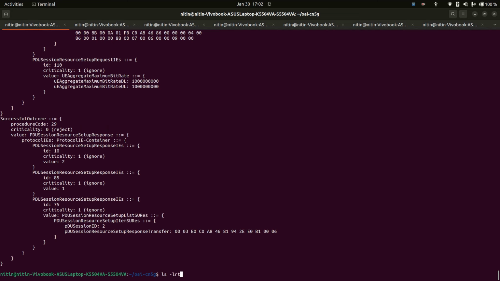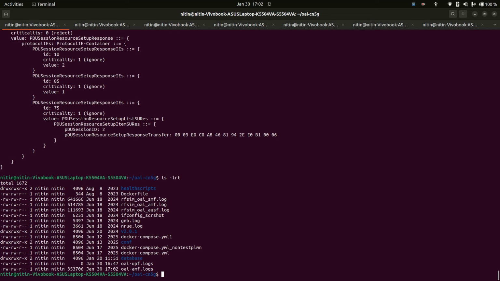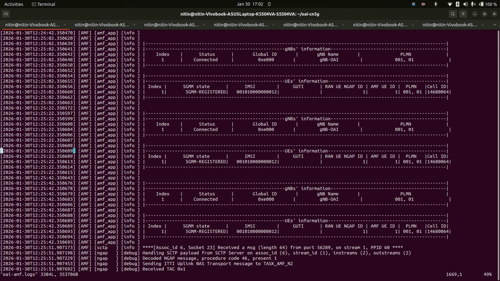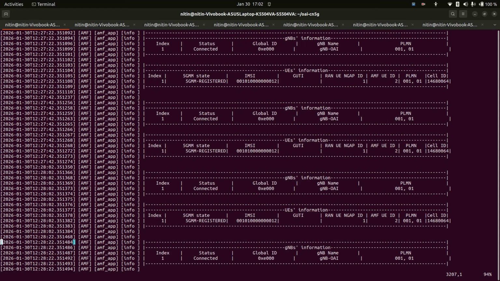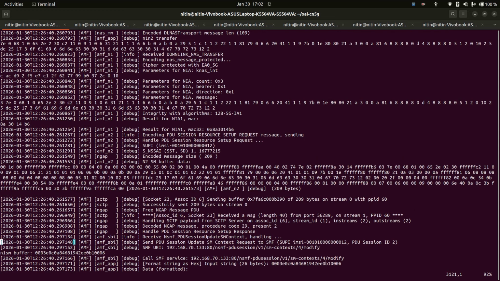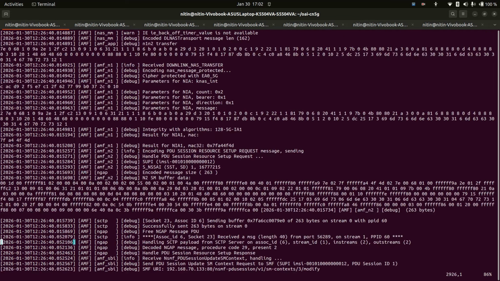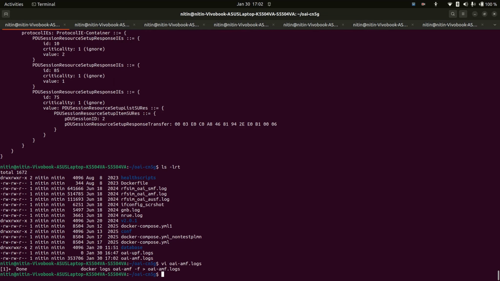Okay, and then I want to show you, let me stop the core network part, and then I will show you the, oh my god, UPF logs have not got, okay. So you can see that since I stopped, it got deregistered. So these are the